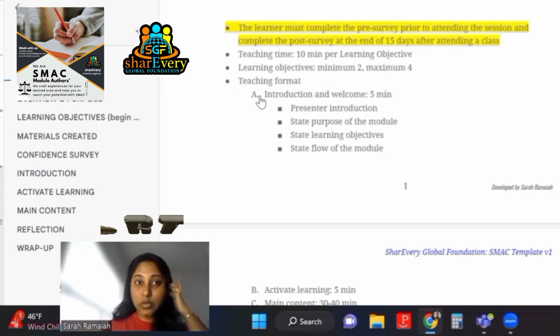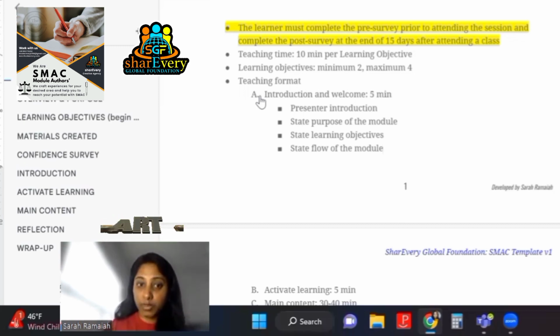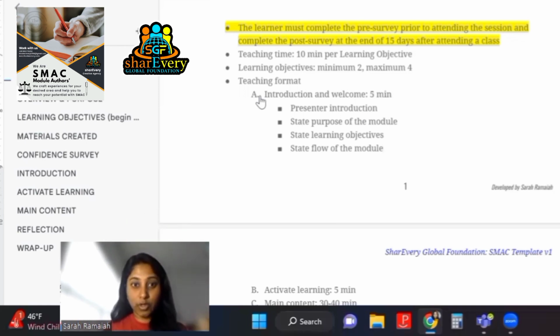Think about how you want this presenter to prepare for the introduction. How do you want them to state the purpose of the module? What do you want them to do before or between moving from the purpose of the module to the learning objectives? And then the flow of the module is where you let your attendees know what we're going to do in the next 55 minutes,